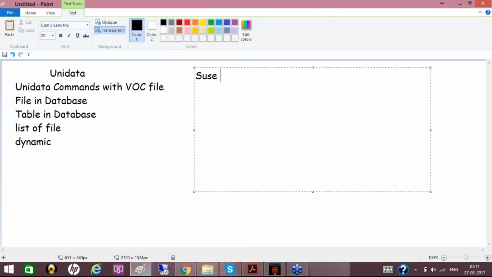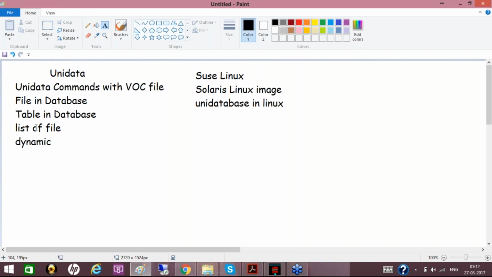And we'll also learn, because of the SUSE Linux, and if we have Solaris Linux, the images are not available right now, so it's not connecting to this machine here. So I need to change the machine. Once the machine has changed, within 1 hour we'll do this installation part of Unidata on this Linux